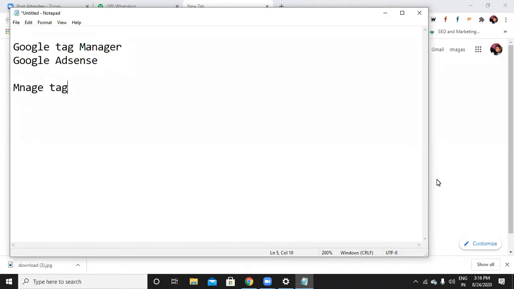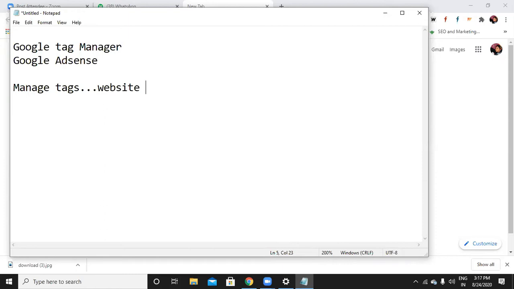Normally, where are we going to paste any kind of tags, like conversion tracking tag or remarketing tag? We are pasting all those tags within the theme editor, within the website only, right? So getting into the dashboard of your website, either you are using some plugins or you are just getting into the theme editor and trying to paste that code in the header section or body section, whatever it might be. So what is the benefit of this Tag Manager?